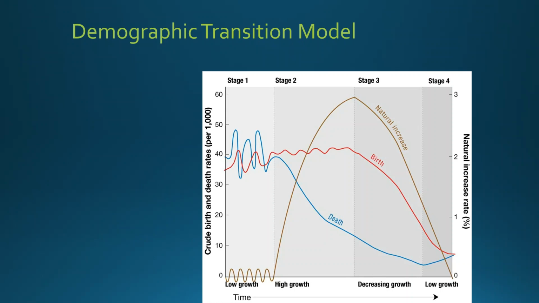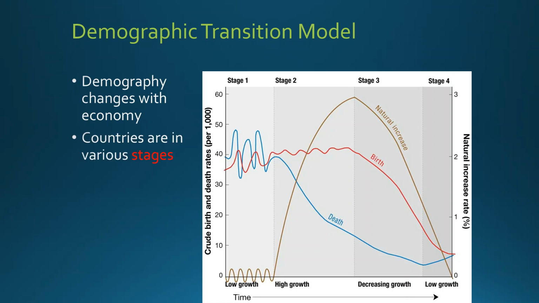And next we're going to talk about the demographic transition model. You've probably heard about the demographic transition model at some point in high school. It's a pretty popular thing to teach, but it's basically this idea that demography or population structure changes with economies. And so we have these 4 stages. They are not perfect, they're kind of messy, but we can use them to just generally categorize countries in the world based upon where they are in this demographic transition.